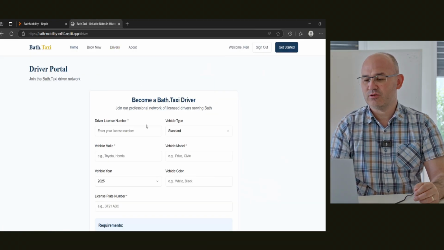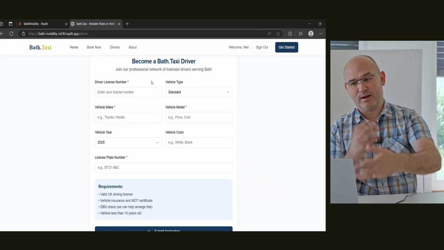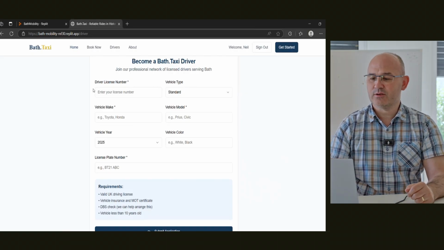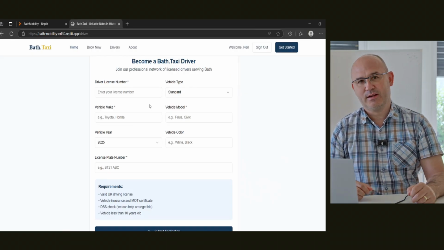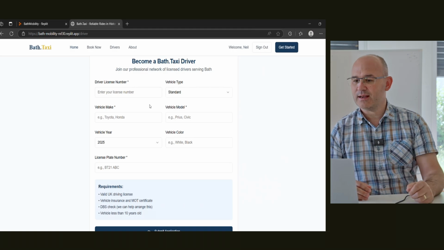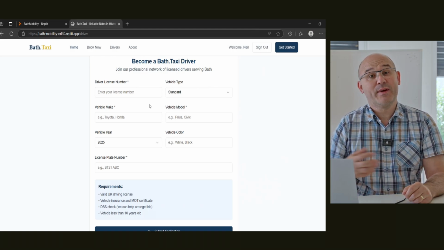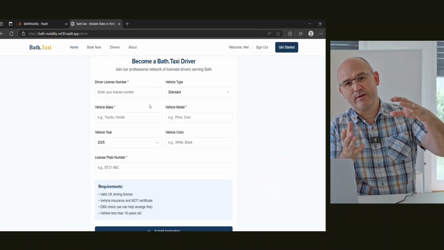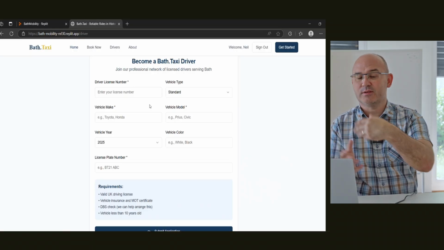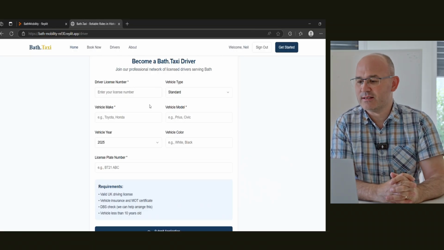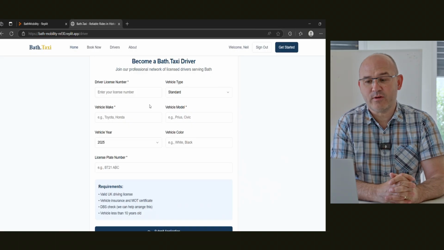I can become a taxi driver here, and now I could actually iterate with the model and put the details that I want here if I want any changes, and start interacting with the agent and getting more towards what I wanted to do based on my own requirements. Remember, I only gave a very general prompt, and so it's pretty impressive what it's been able to generate already just from that single prompt. So that's Replit. Let's go back to the slides.